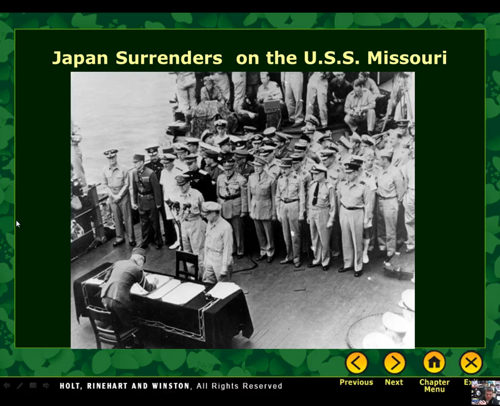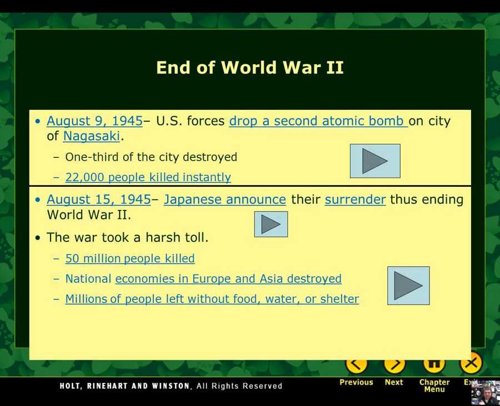Here you can see the Japanese signing the surrender on the USS Missouri. This is Douglas MacArthur right here. And one of these two guys here, I can't quite tell which one's MacArthur. But MacArthur is one of the generals who signed the surrender. The USS Missouri is docked at Pearl Harbor, right next to the USS Arizona, so you can actually go and visit the USS Missouri, and you can see the place on deck where that treaty was signed. And I can show you some pictures of that in class, since I was able to go there this year.